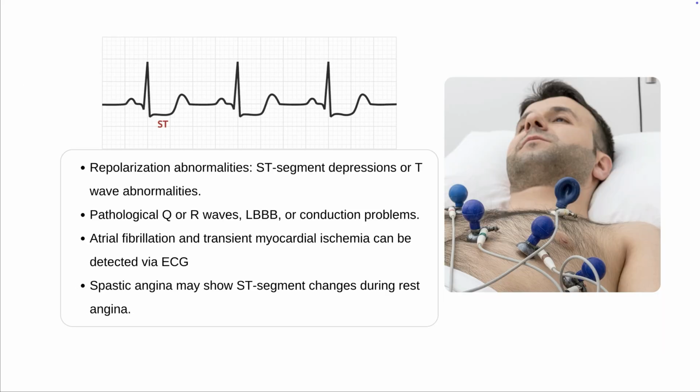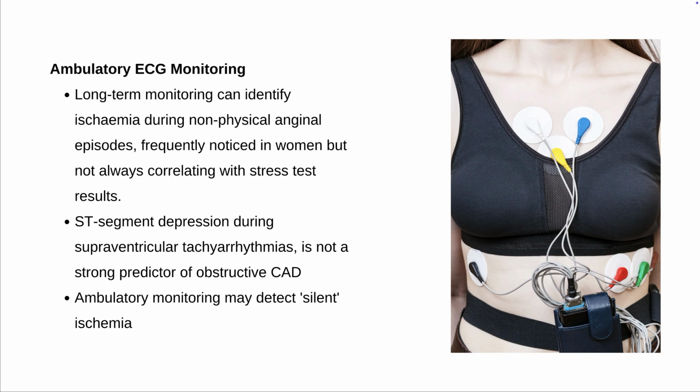Repolarization abnormalities like ST depression or T-wave abnormalities increase the risk that the pain is of anginal origin. Pathological Q waves, conduction system abnormalities, atrial fibrillation, transient ischemia can all be detected via the ECG. And if the patient gets transient ST segment elevation with chest pain, then this is diagnostic of spastic angina. Ambulatory ECG monitoring, especially in women, can detect silent ischemia that does not correlate with physical exercise, but more with emotional stress. But it's important to note that ST depression during supraventricular tachyarrhythmia is not a strong predictor of obstructive